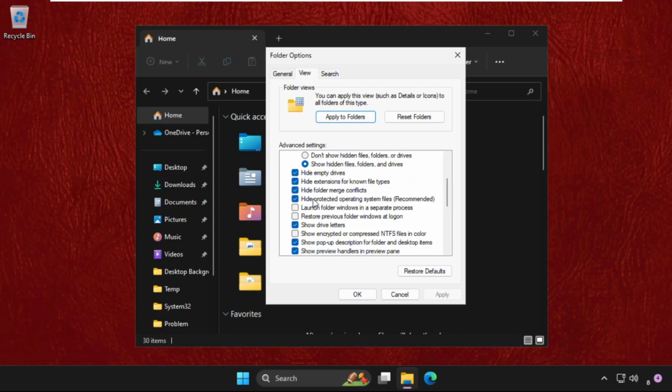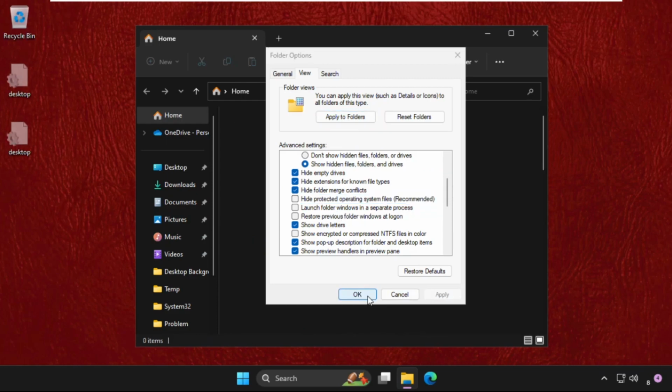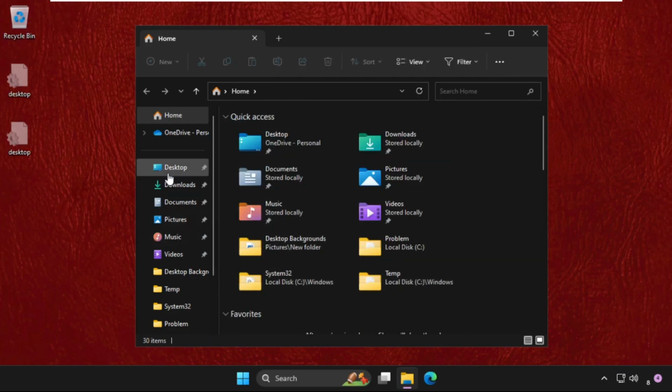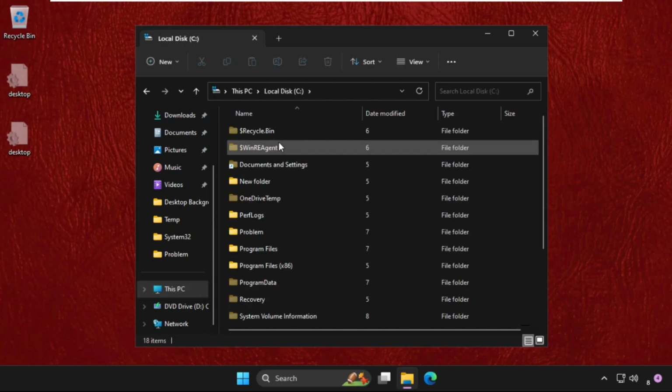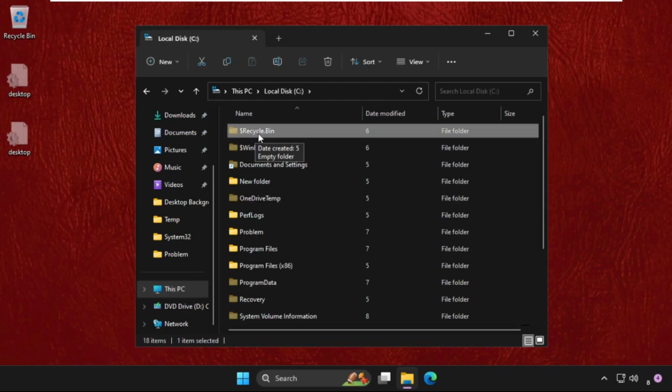Again, just scroll down and we need to uncheck this option, hide protected operating system files. So uncheck it, click on apply and then OK. Once we're here, we need to just go to this PC, open C drive, then you will get this folder